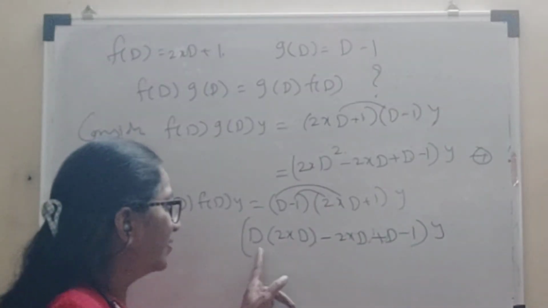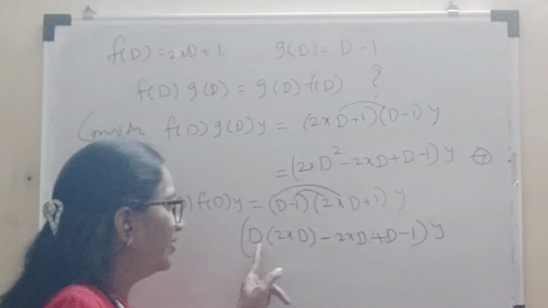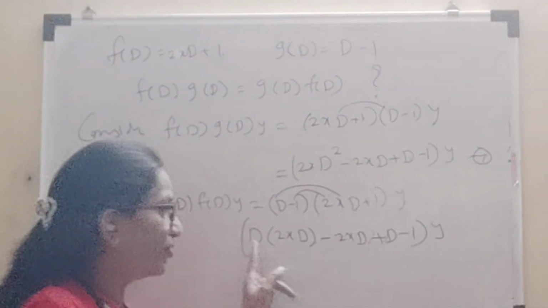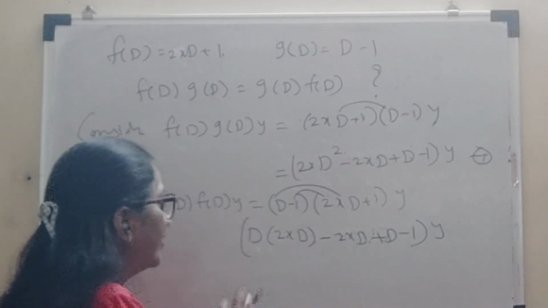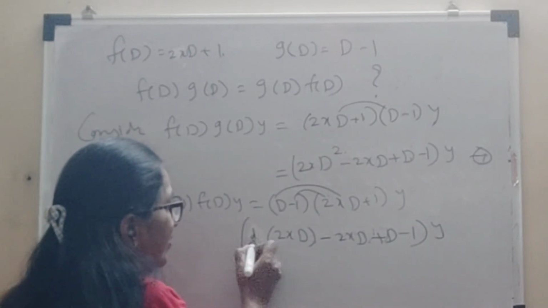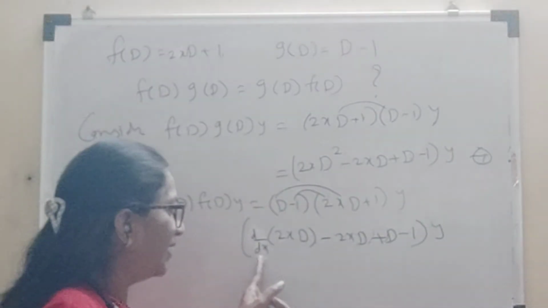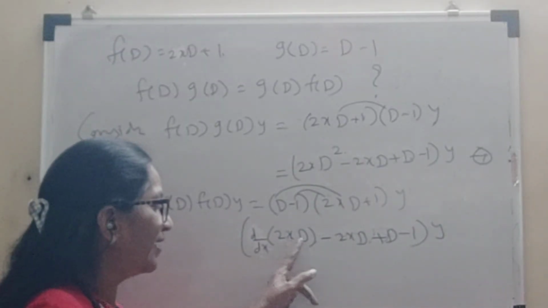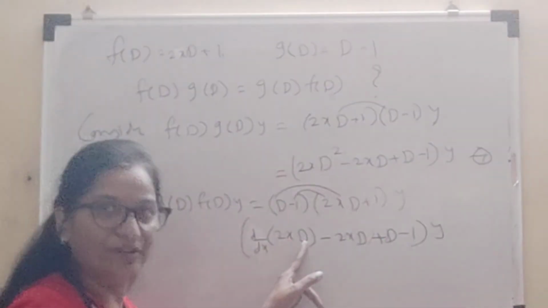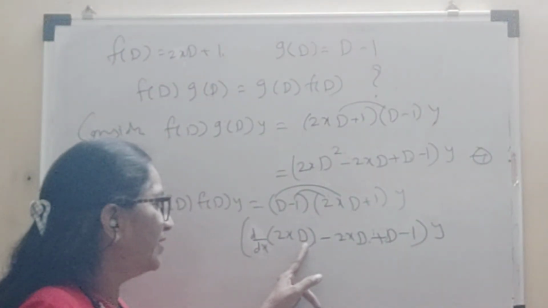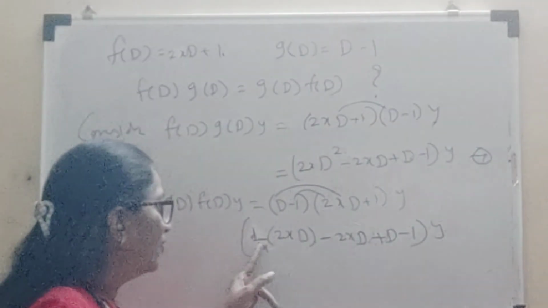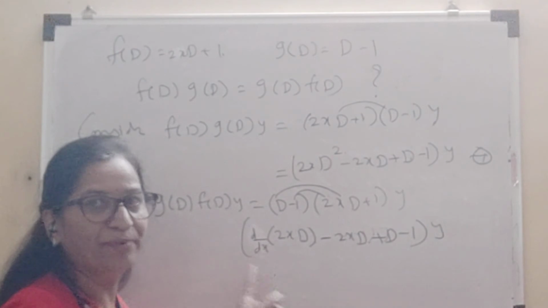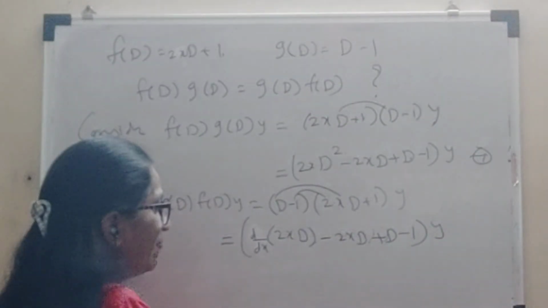Now, look at the first term. Here D operates on 2xD. This is an operator. This is not a number. This is not an expression. Therefore, when D operates on this one, D is nothing but d/dx, so we are finding the derivative of 2xD. Here 2x is a function of x, and D contains d/dx, and it also contains x. So we may treat this as some function of x. While finding the derivative of a product of two functions of x, we should use the product rule here. So, how to apply the product rule?